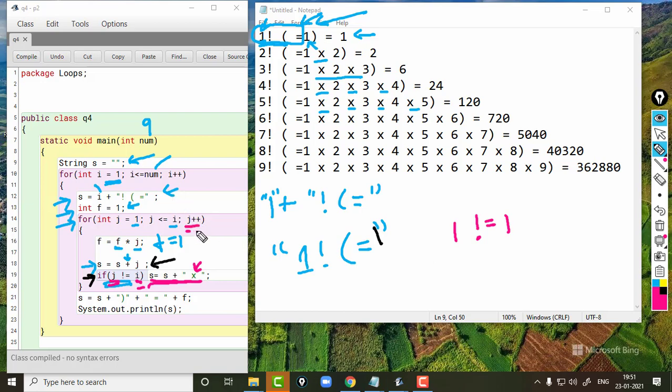Then control comes here to j plus plus, j will become 2, and the condition becomes 2 less than equal to 1. I value is 1 and j value is 2, so the condition is false, and we come out of the inner loop.